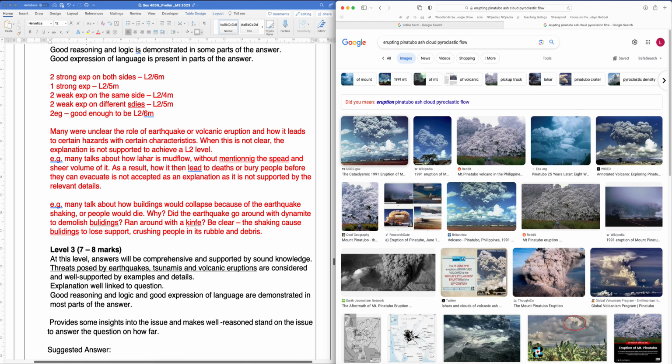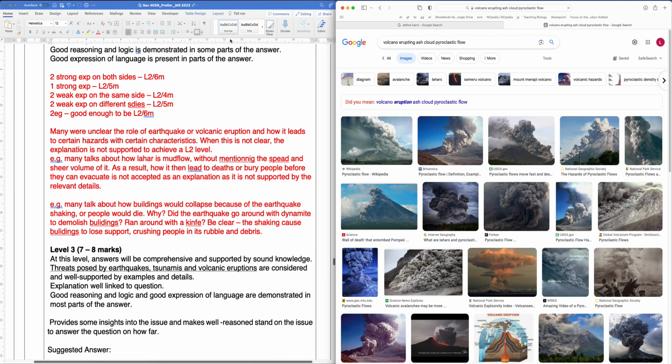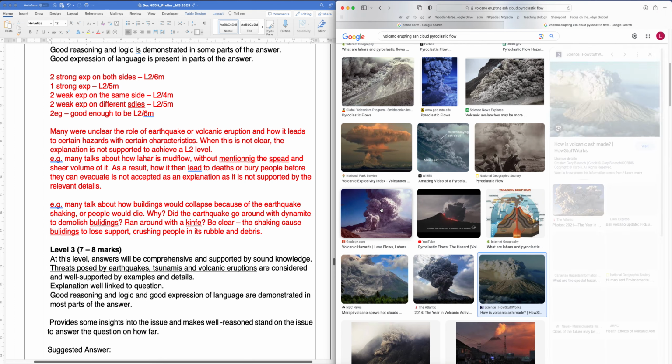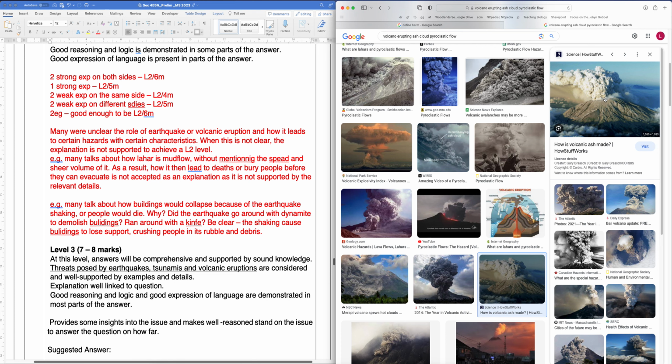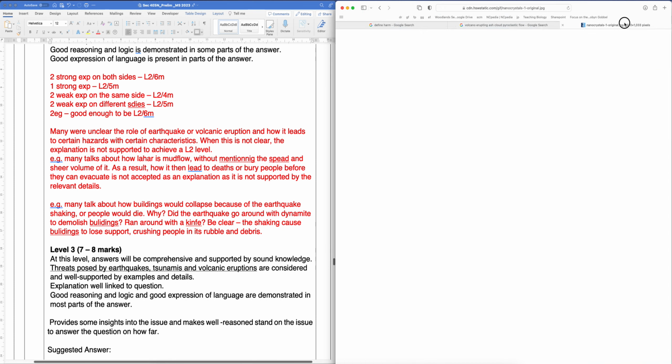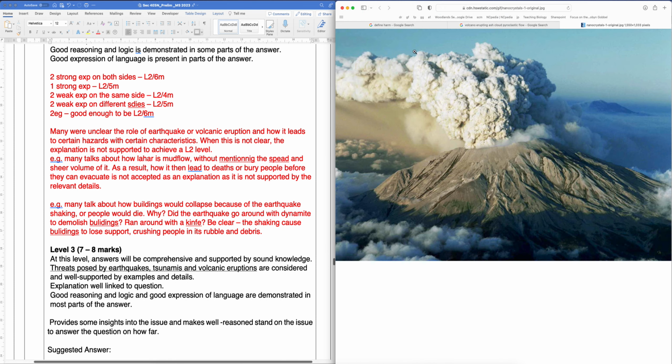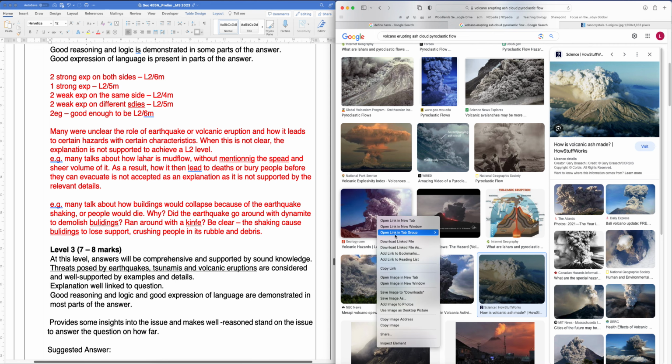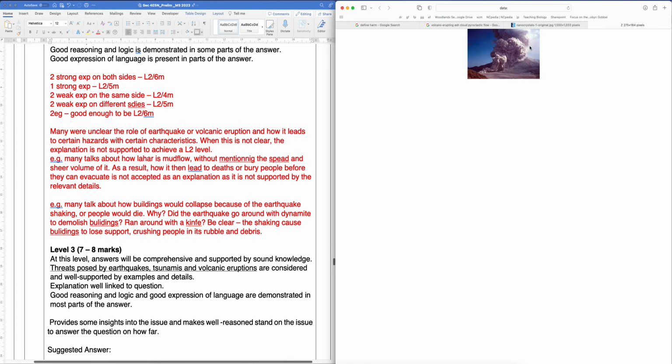A lot of misconceptions that I'd like to clarify. Now this is a good one. When a volcano erupts, especially a strato volcano, it can erupt a lot of ash into the sky. This is the ash cloud. Now, ash cloud does not equal pyroclastic flow. What's pyroclastic flow? These are pyroclastic flows. You see these are, oops, not this one.